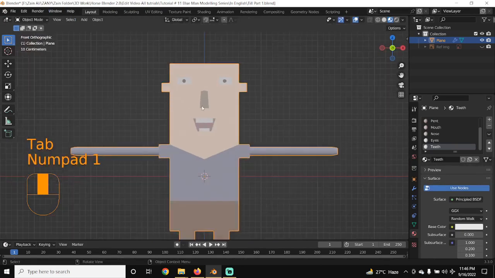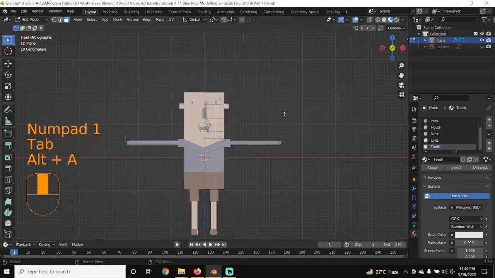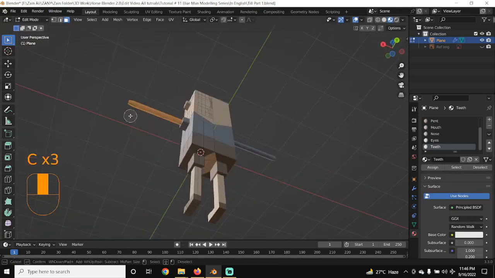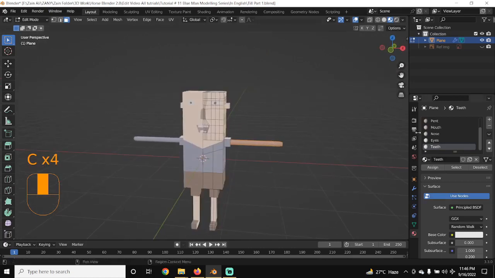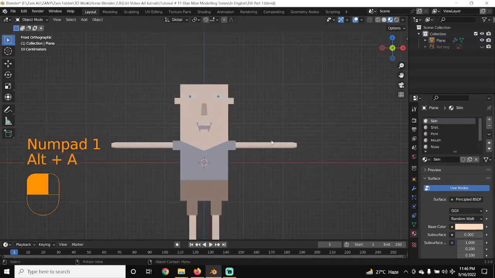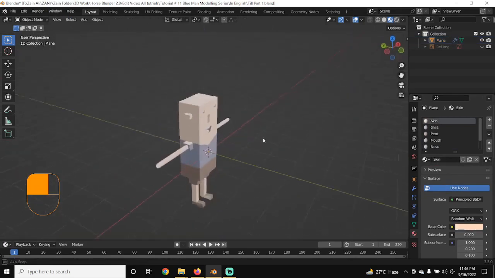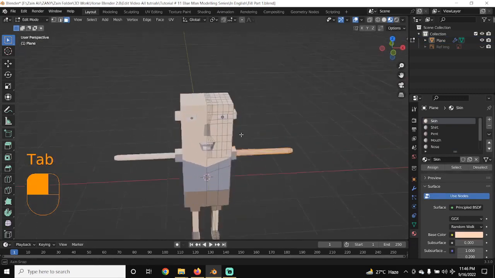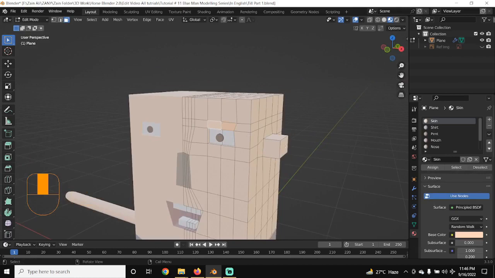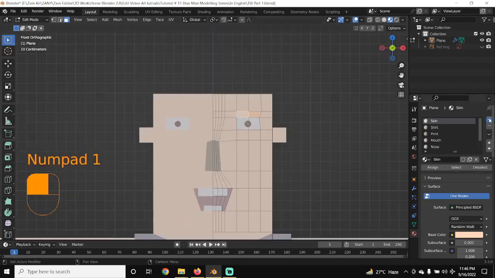And then press 1 on the number pad, and we have to correct the color of this. I will press C and rotate it and select all the hands region, and I will assign and press 1 on the number pad, so we will have our hands in a good shape. Now it's time to make our character's eyebrows, so I will select this and then 1 and then plus and name it eyebrows,